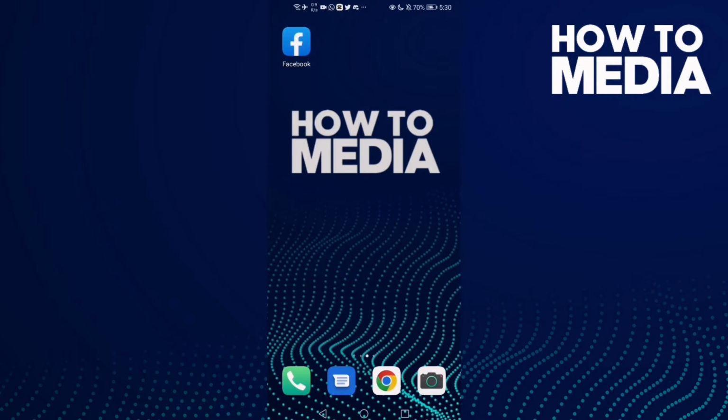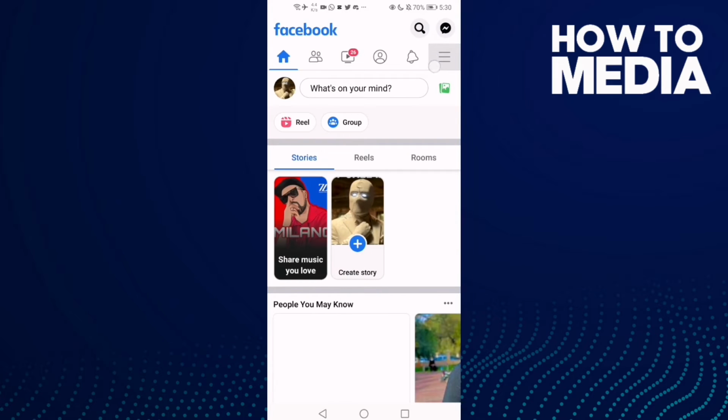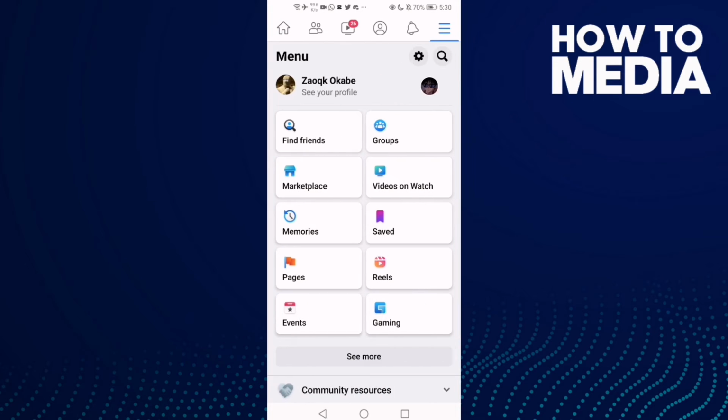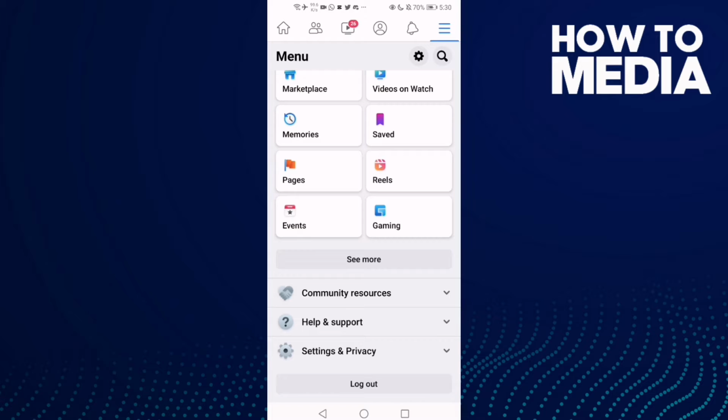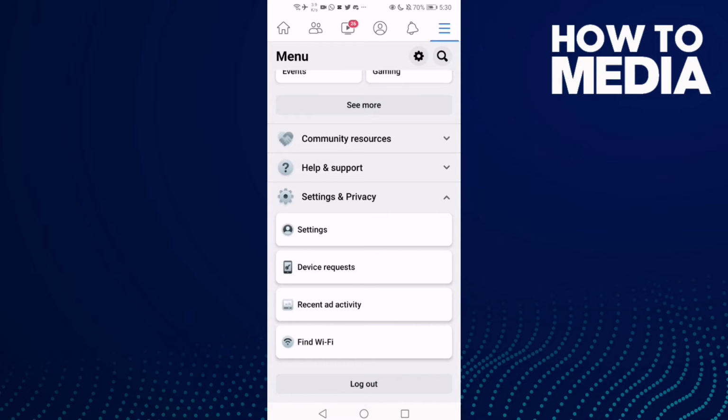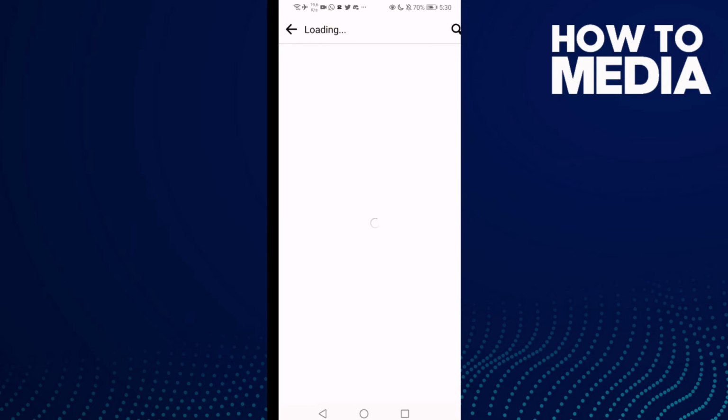First thing we're gonna do is go to Facebook and then click these three lines here in the top corner and go down until you find settings and privacy, and then click settings